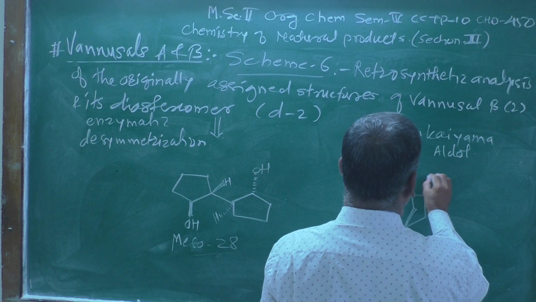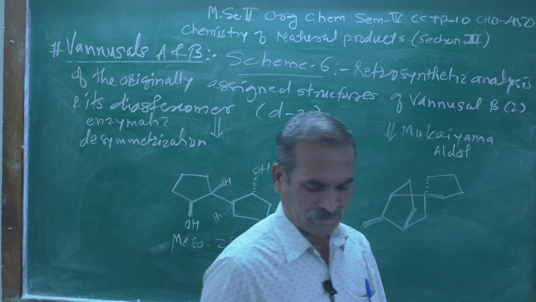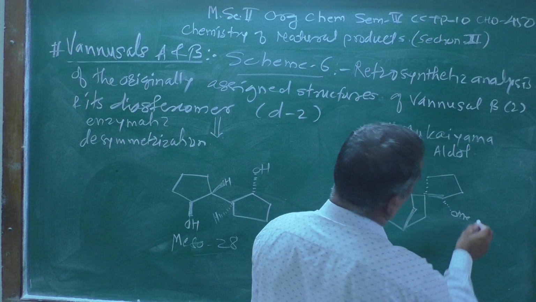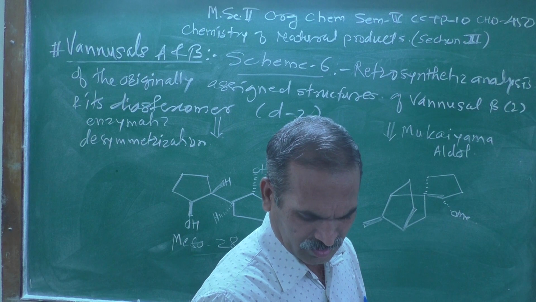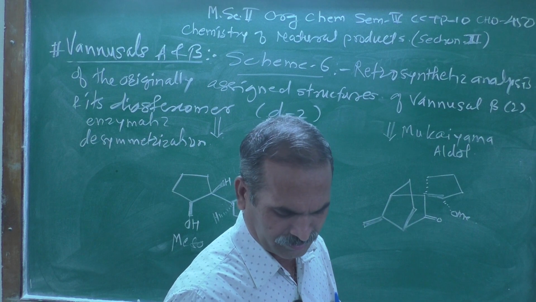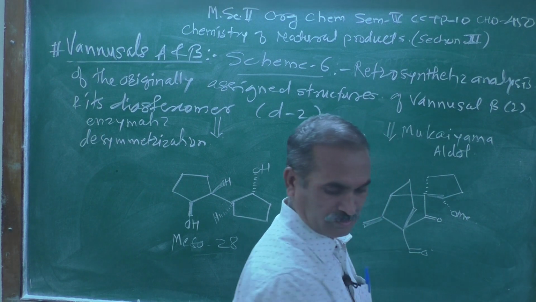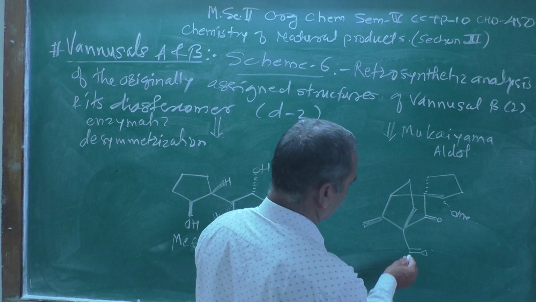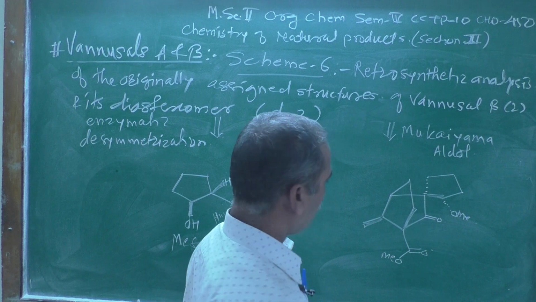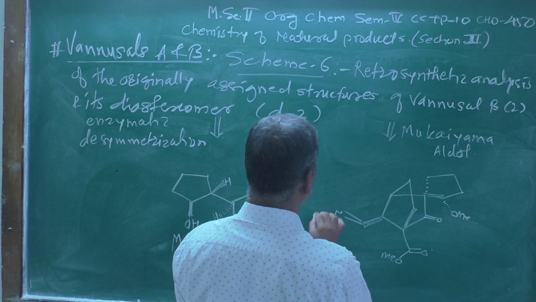Now another 5-member ring like this, and now here an O methoxy group, here a carbonyl group, and another carbonyl group, then O Me on this side, and here are the double bonds, and there is this type of zigzag